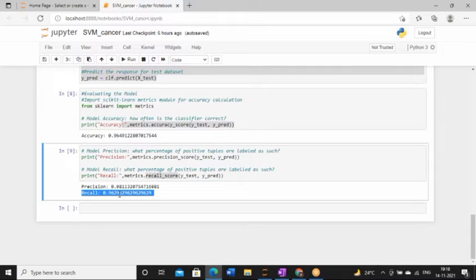And recall means, once we have predicted the data, how much better we are able to analyze the data, whether we are able to do the same for other data sets as well.